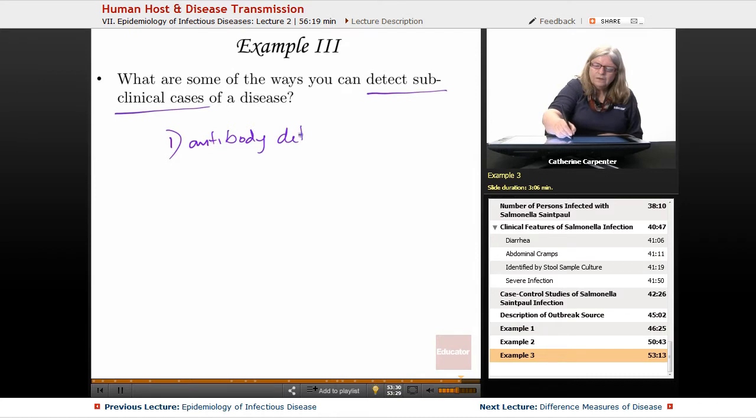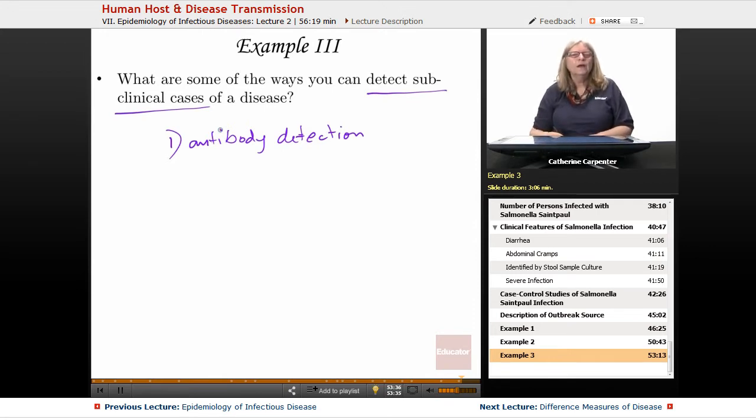Once the test for HIV, once the test for antibodies to the AIDS virus was discovered, at that point, then we could go back and see which individuals had antibodies to the AIDS